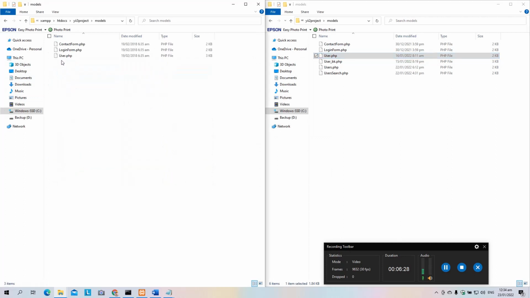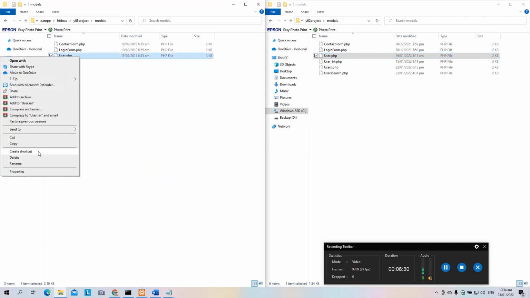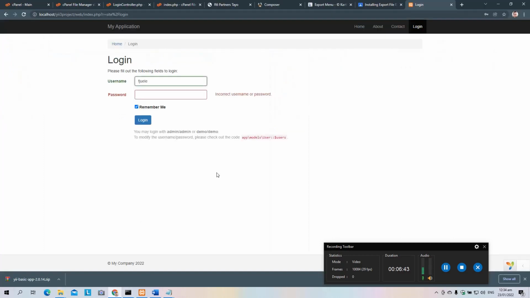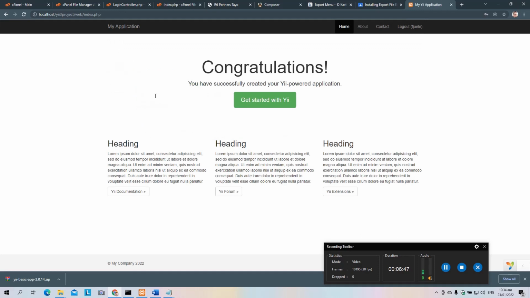In models, rename the original user.php, then paste it here. Then we try to log in. Okay, we're now logged in. As you can see, there's no users tab, so we need to generate